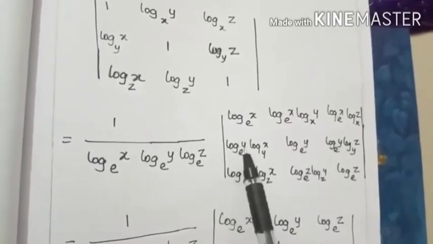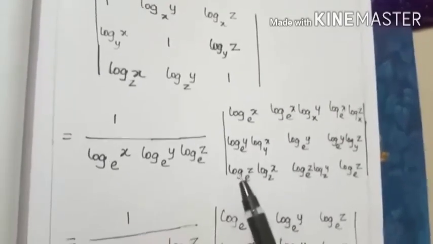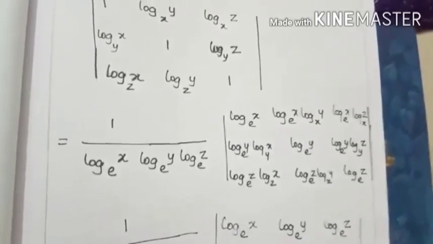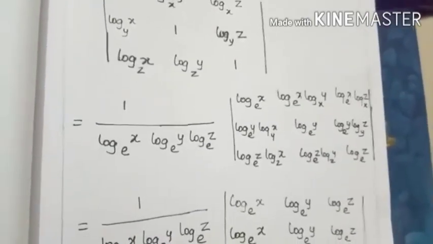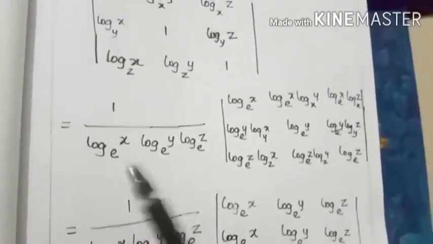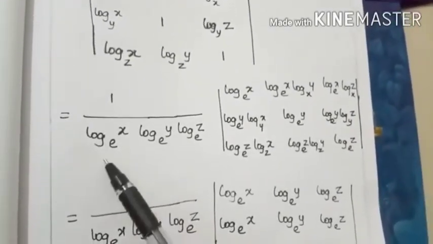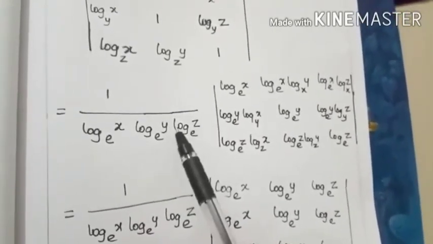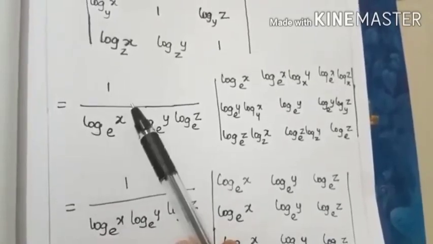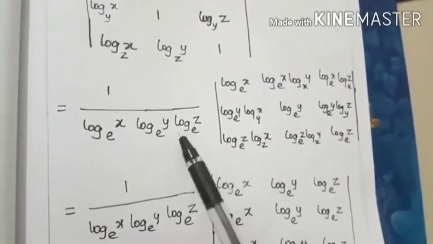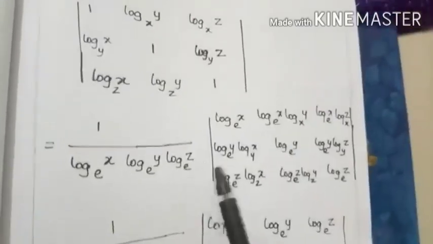R2 is multiplied and divided by log_e y. R3 is multiplied and divided by log_e z. The multiplied term is taken inside the determinant, and the divided term is taken outside. So 1/log_e x into 1/log_e y into 1/log_e z, which is equal to 1/(log_e x log_e y log_e z) into the determinant. The first element is